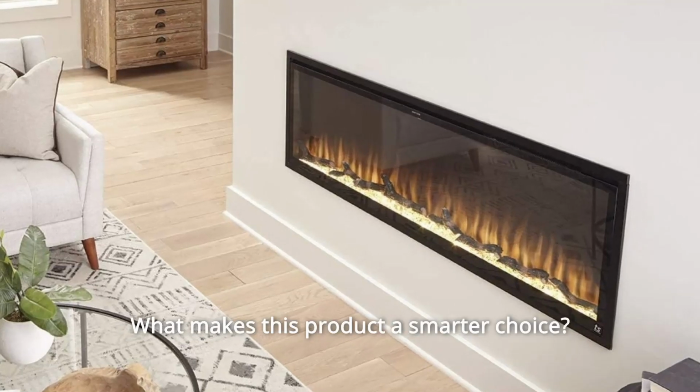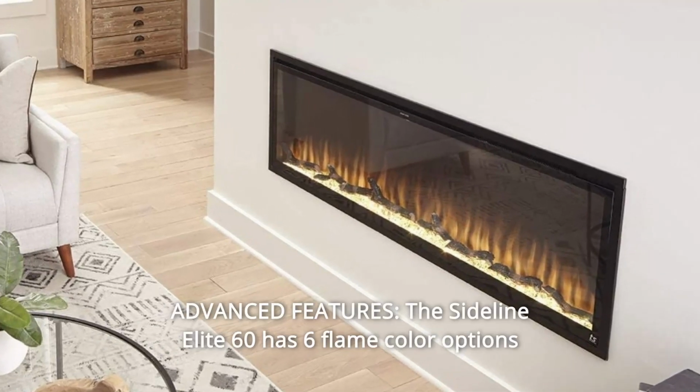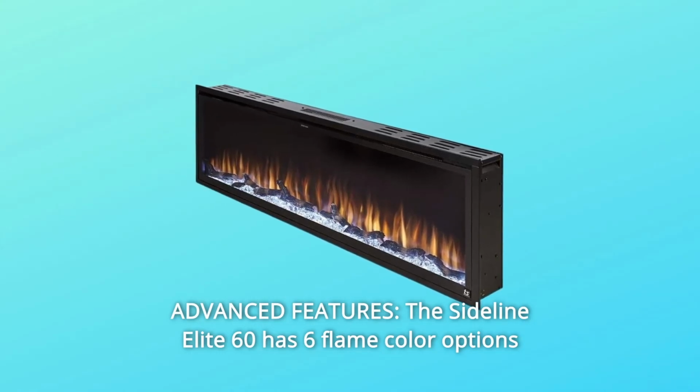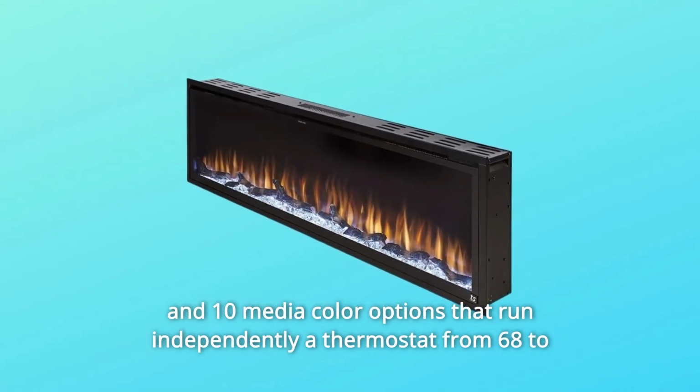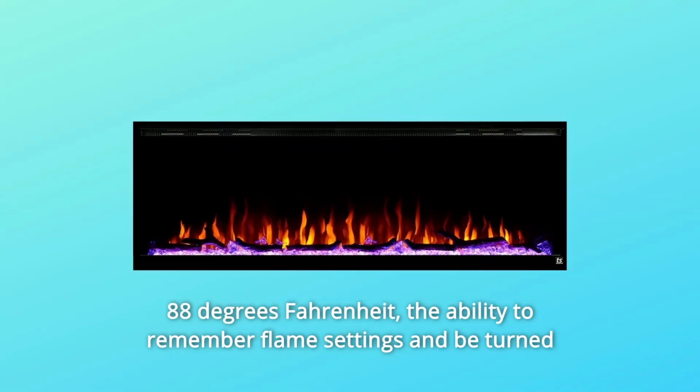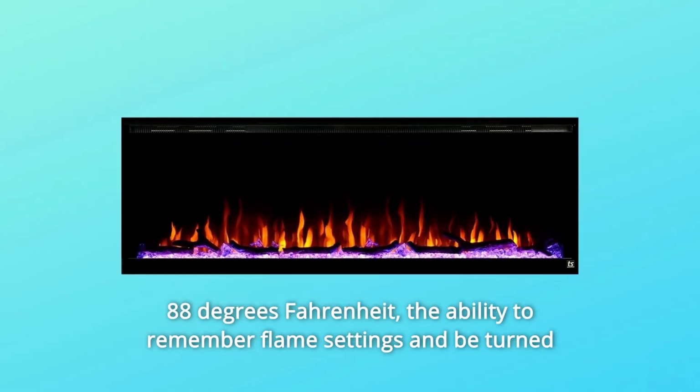What makes this product a smarter choice? Number 1. Advanced features. The Sideline Elite 60 has 6 flame color options and 10 media color options that run independently, a thermostat from 68 to 88 degrees Fahrenheit, the ability to remember flame settings and be turned on by